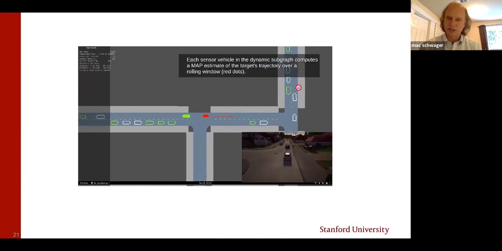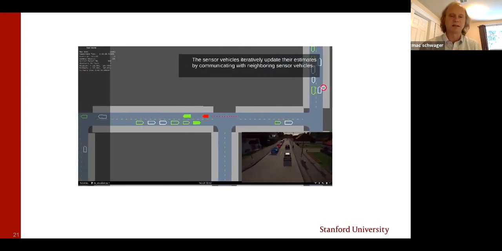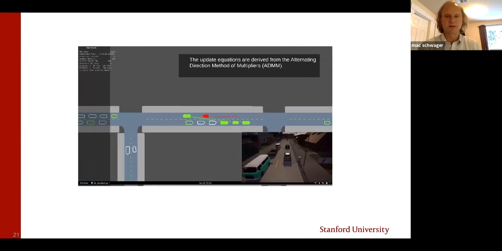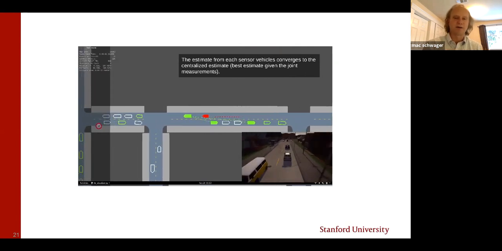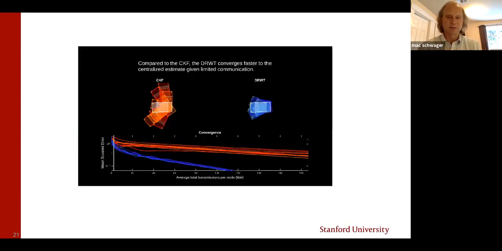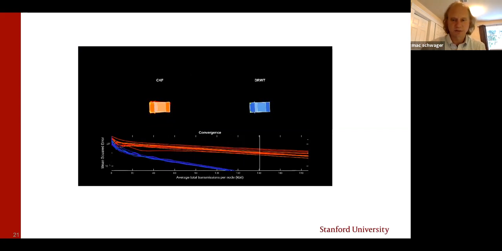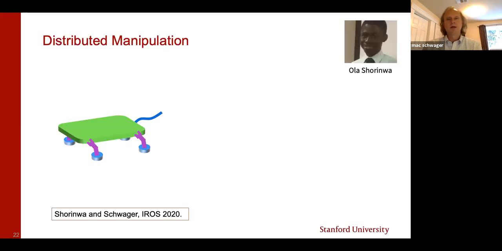And these dotted lines show when multiple cars are in close enough proximity that they can cooperate to estimate the target position. And here the target position is in red. You already saw that. And you can see the handoff happening here, right? So the identity of the autonomous cars that are working together to track any individual target changes over time. And then you can see here again the speed of convergence of our algorithm compared to the consensus Kalman filter. So it's really quite a bit faster. Okay, so this was this consensus ADMM or SOVA style distributed optimization applied to multi-target tracking.